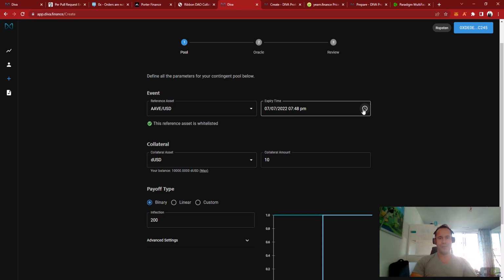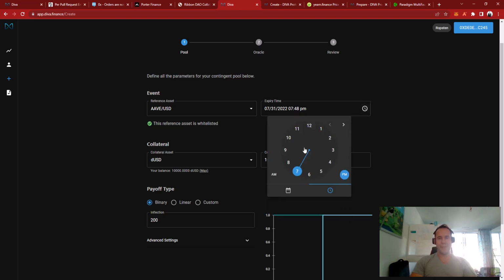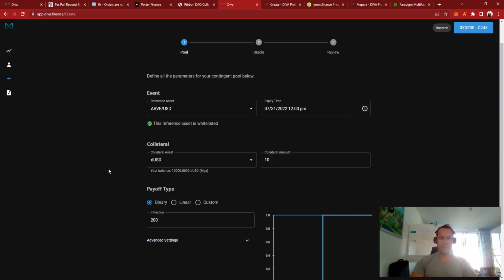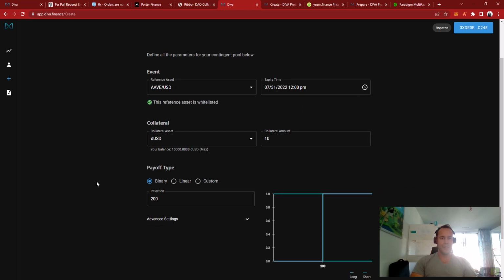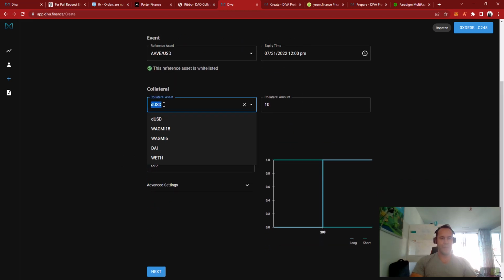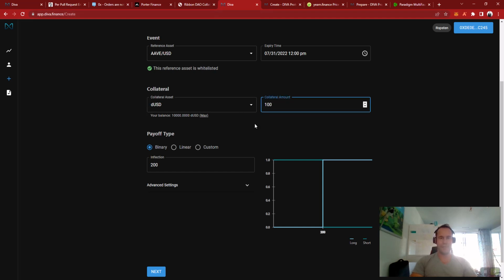And you can set an expiry date. Maybe we can choose end of July, for instance. Then you also have to deposit some collateral. These are the tokens that you receive when you register. So you see I have already a balance here. If you don't see this line, just try to refresh the page. Some people reported that they're not seeing this line and then receive a message. Typically refreshing the page should display that. So let's, for instance, deposit 100